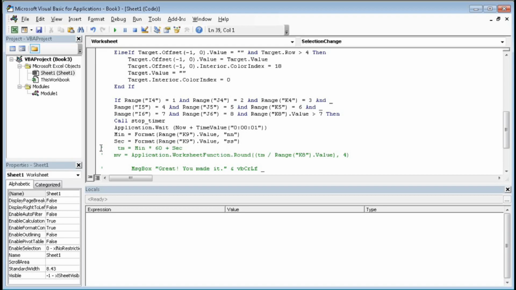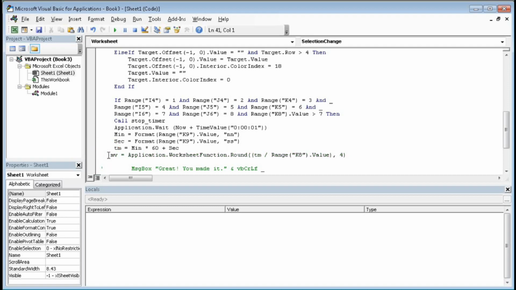And here tm equal to minute. Suppose we have got 2 minutes, so 2 minutes into 60, 120 plus seconds, suppose 10 seconds, so it will be 130, total 130 seconds. So if we have 2 minutes 10 seconds, tm will show 130 seconds.